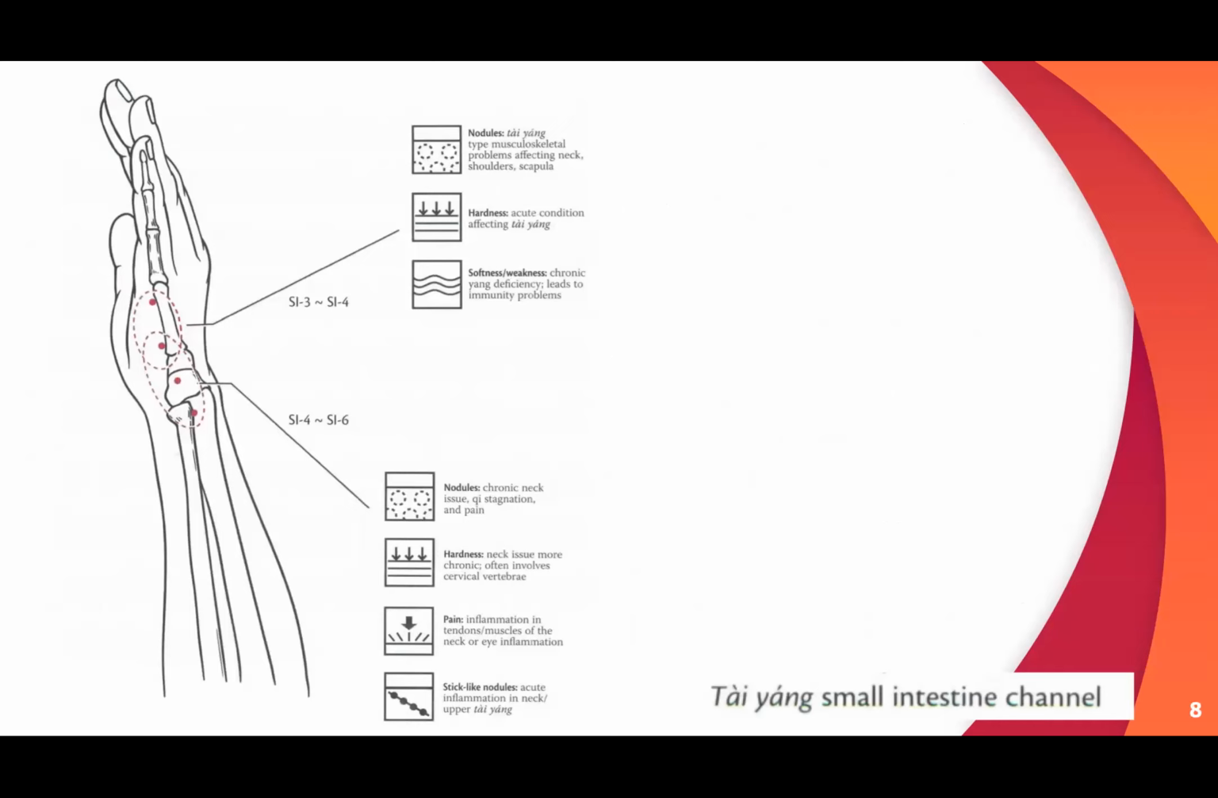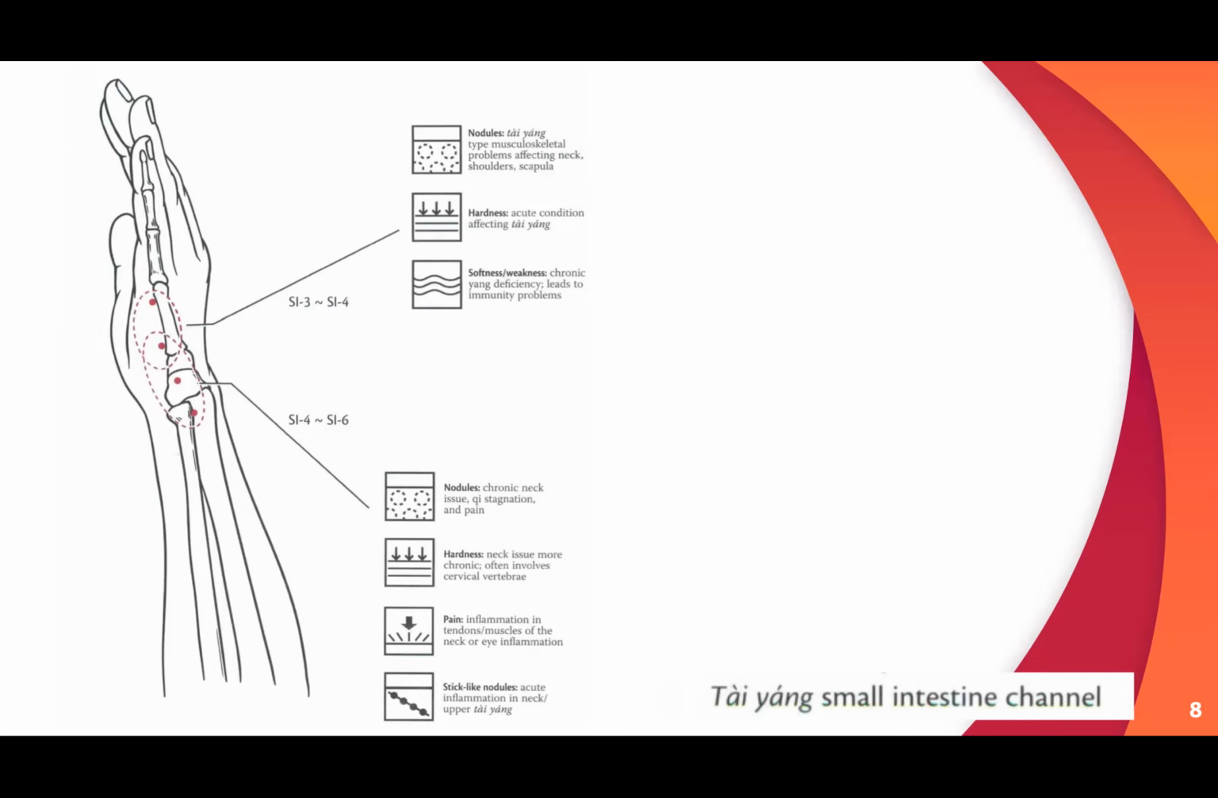Yan po. So, nakita po natin yung mga points. Pag may nodules po, type, musculoskeletal pain po yung problem, affecting neck and shoulder, so, scapula. Parang summary po tayo. So, pag may hardening po, acute condition, affecting Taiyang. Pag may softness or weakness, chronic yang deficiency po yun. So, pag weakness, basta tandaan natin, laging may deficient condition yan, leading to immunity problems. Then, sa nodules naman po, pag nag-palpate kayo sa small intestine 4 and small intestine 6, nodules, chronic neck